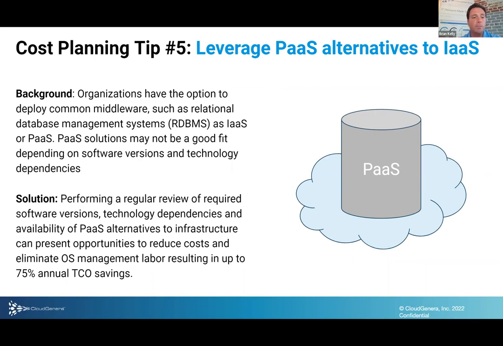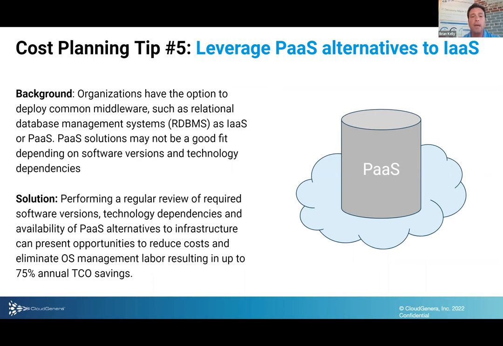The tip from a cost planning perspective: performing a regular review of software versions, technology dependencies, and the availability of PaaS alternatives to infrastructure can present opportunities to reduce costs and eliminate OS management labor, resulting in up to 75% annual TCO savings. And that may seem like a very large number, but in fact, it's truthful